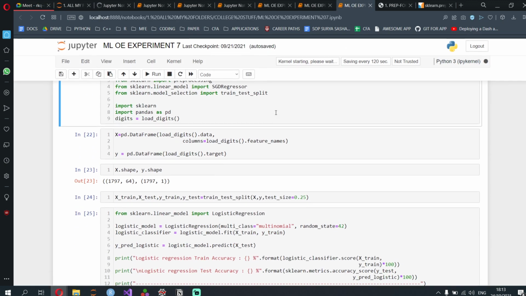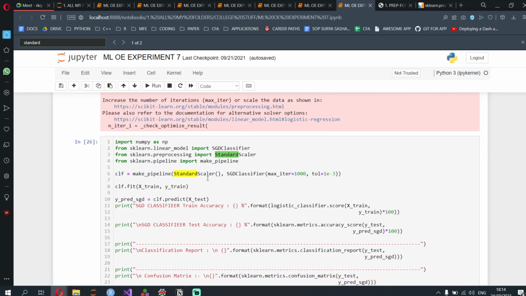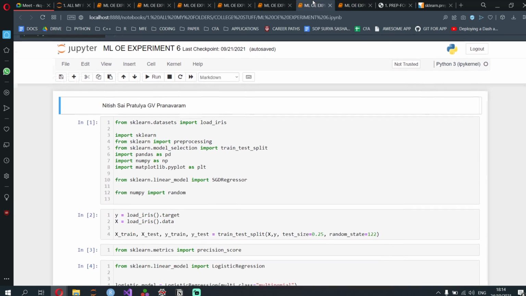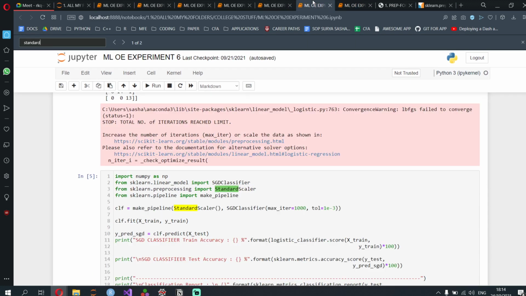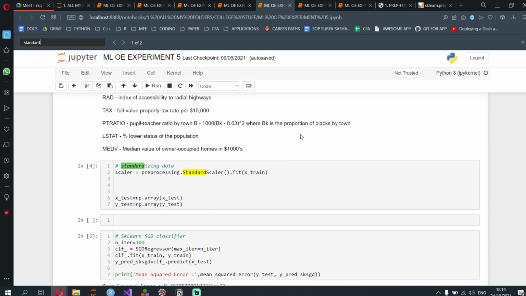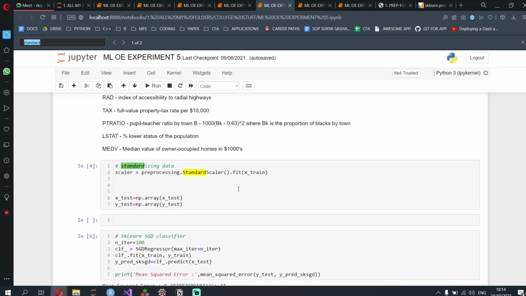Okay, StandardScaler, make_pipeline, StandardScaler. Without pipeline also it should be there. Again, I've done make_pipeline only. StandardScaler.fit and where else am I using it?